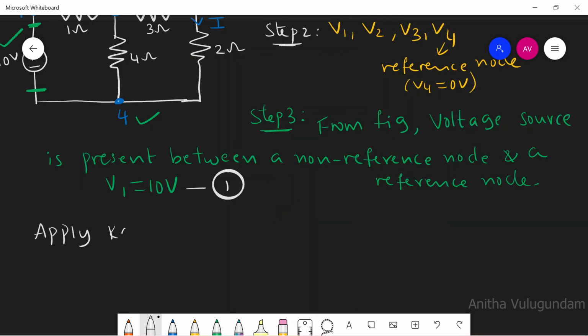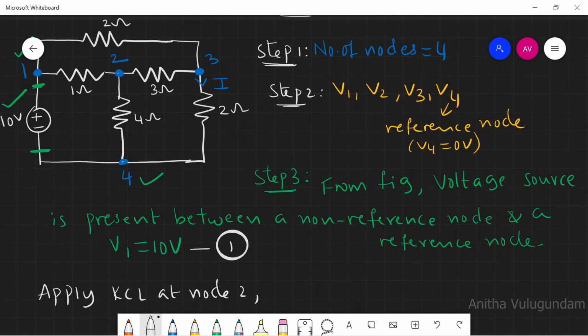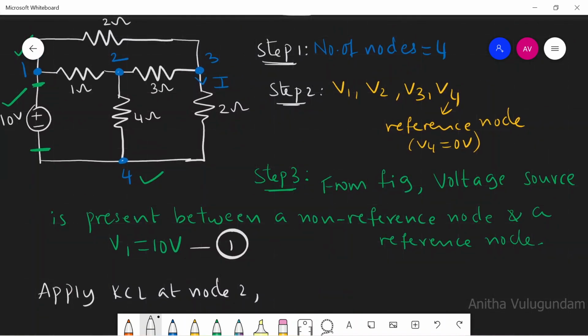Now apply KCL at node 2. We have three node voltages, and we should find them by using KCL equations. So we need three equations to solve three unknowns. Let me apply KCL at node 2, and I am assuming that all currents are leaving. According to the statement of KCL, the sum of currents entering equals the sum of currents leaving, or the sum of the currents at the junction is equal to 0. As I have assumed that all currents are leaving,